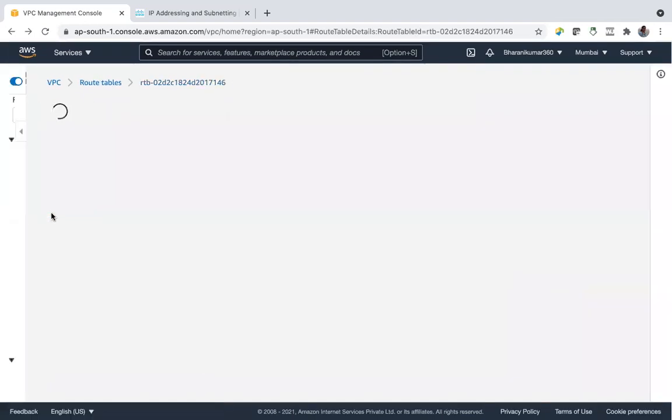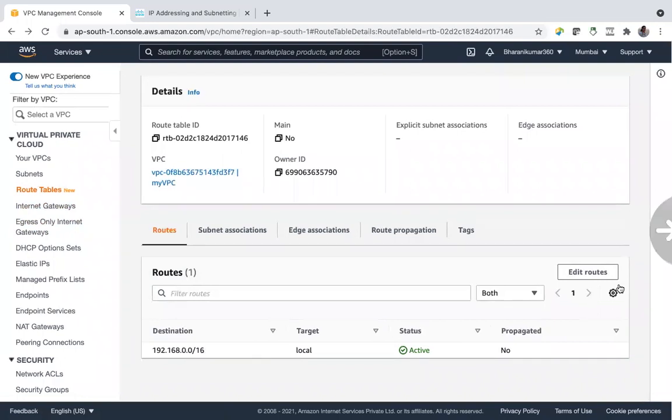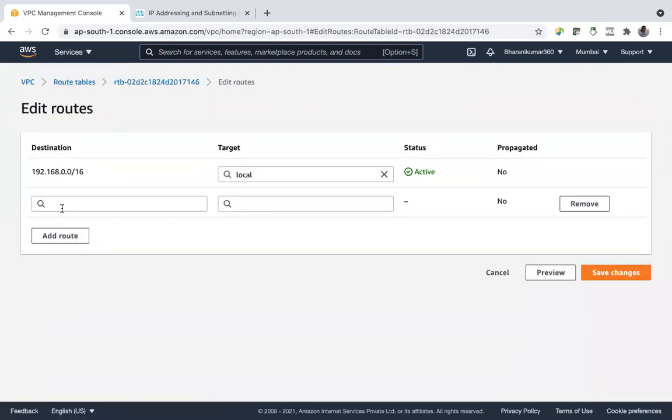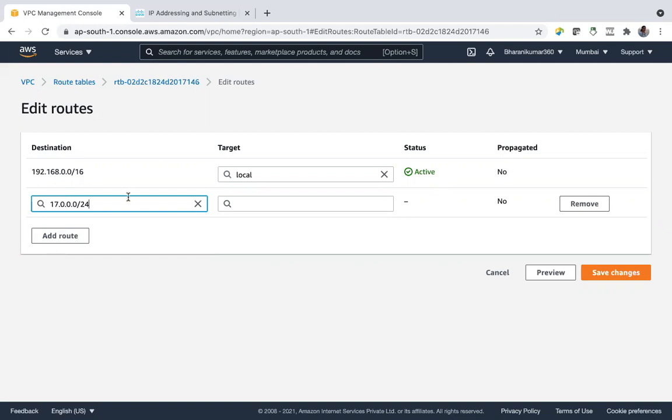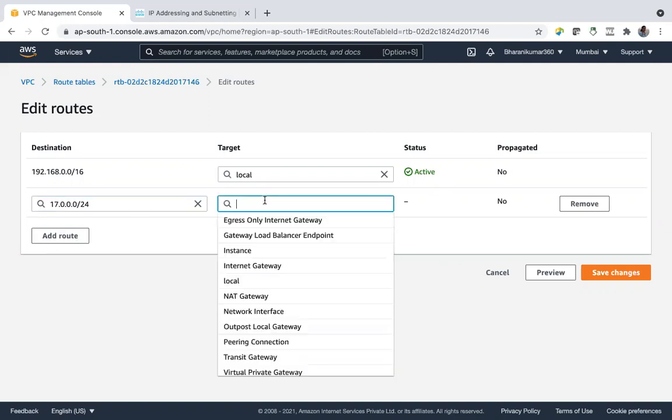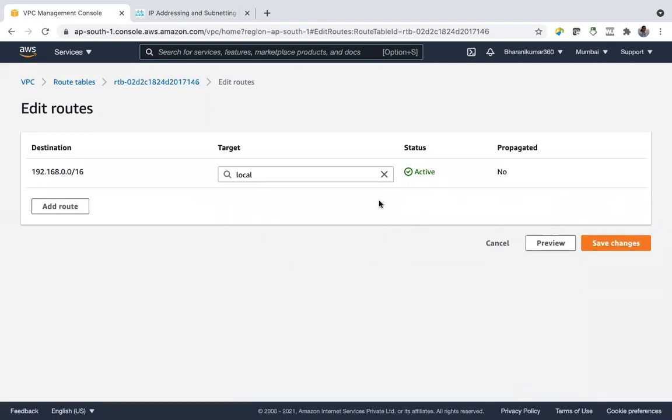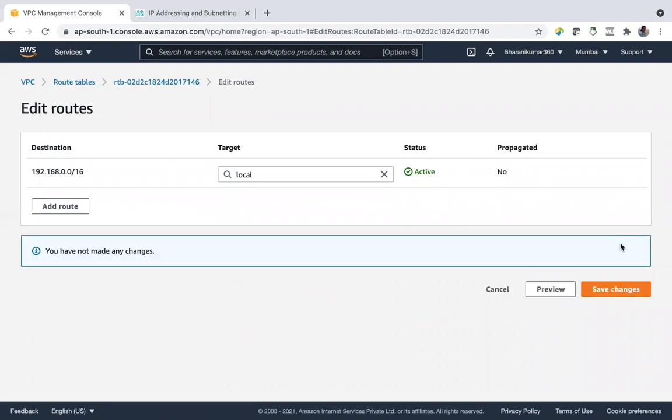Let's say this is the CIDR range of that VPC. And here you have to tell using what it has to allow the traffic. We have various things: peering connection, transit gateway. We will talk about them later. So for now, remove and save changes.